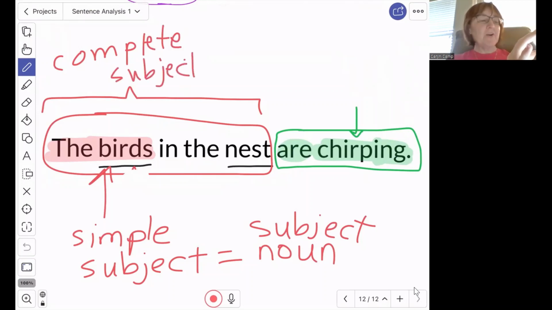I'm writing with my finger and it's a little bit messy. Okay, that would be the complete subject. But the simple subject is most important. That's going to be the subject noun. That's the birds. So the birds are the one doing the chirping. We could have a sentence, the birds are chirping, but we might want to know which birds we are talking about. So we might have the question,